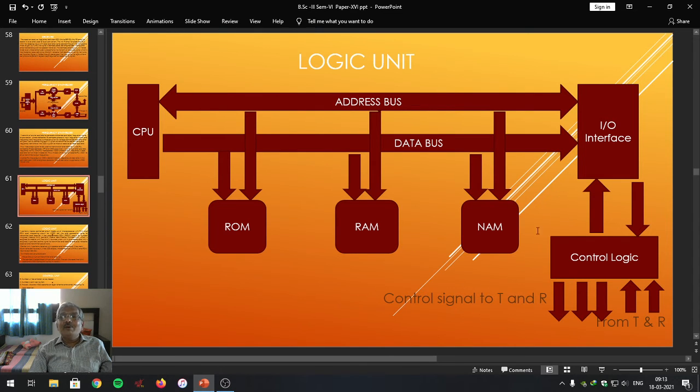Because of NAM, because of MIN only, the existence of the cell phone, the mobile identification number, is associated with the mobile purchaser. It performs its role only once, after purchasing. After that its role is over, because that number is assigned to that particular mobile. It is once programmable.